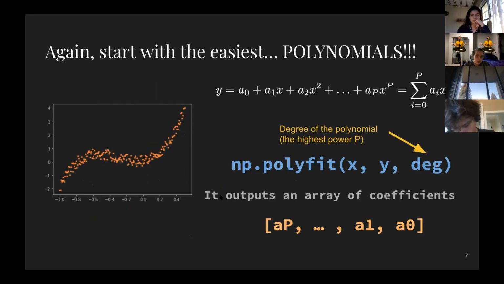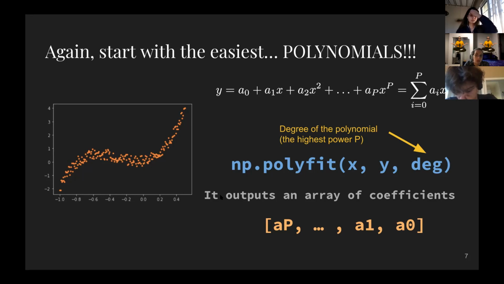So the easiest way to curve fit any function or any data set, if it looks smooth and continuous, is usually with a polynomial. Think Taylor series, right? Taylor series and other polynomial expansions and stuff like that. So, I mean, we've seen this from calculus, right? You can add a 0th order plus a 1st order plus a 2nd order and so on. And if you add enough of those polynomials together, you can actually approximate the actual function that you're looking at.